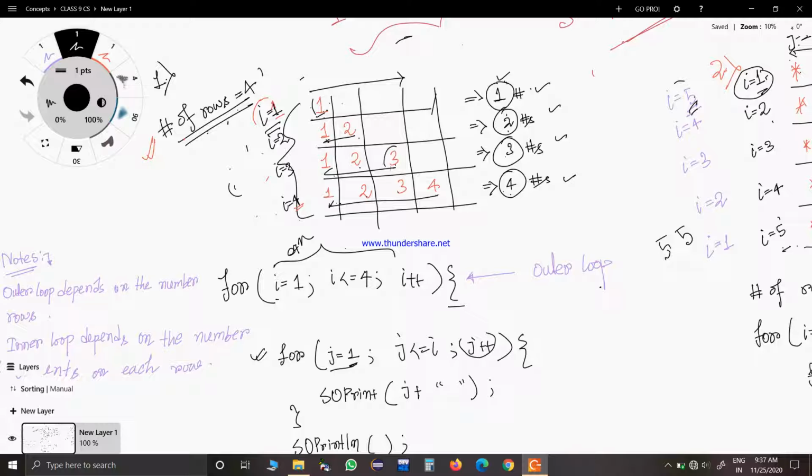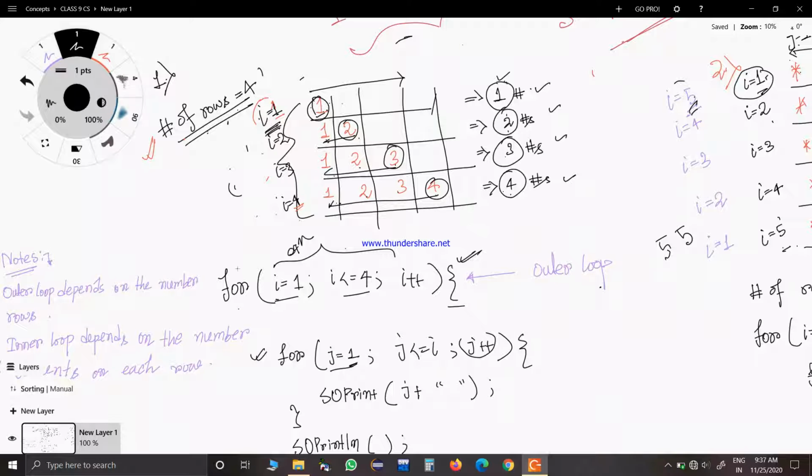you see here what is the end value. For each and every row, you try to see what the end value is. So your outer loop will be I equal to 1 to 4. So this is your outer loop. Basically your outer loop will start from 1 and end at 4. And inside this outer loop, you have to write another loop to print the numbers in each row.